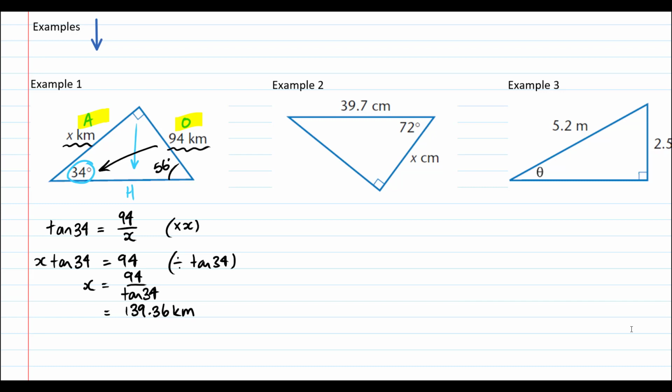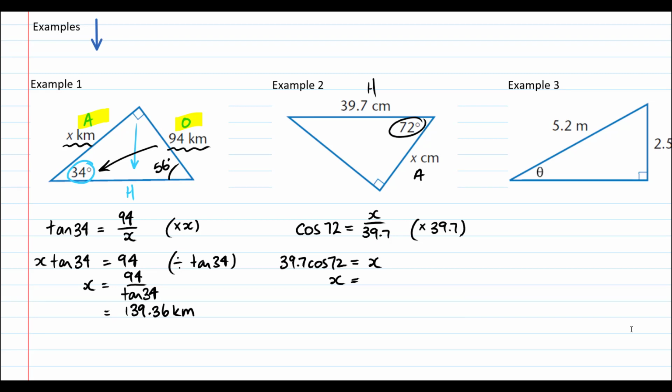Example 2. In this case, I'm working with my angle. Theta is here. I have the adjacent side and I have the hypotenuse. So adjacent hypotenuse is the cosine ratio. Cos 72 is equal to adjacent, which is x, over hypotenuse 39.7. Now I calculate that by rearranging first, multiply by 39.7, and I get 39.7 cos 72 is equal to x, and of course that means that x is equal to